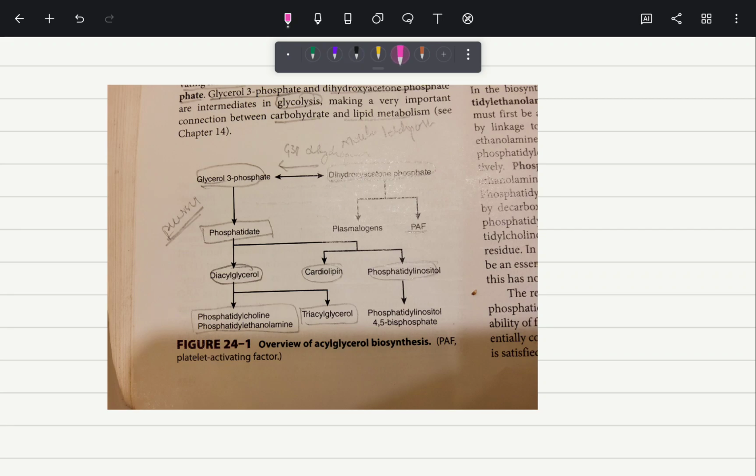In my previous video I talked about the overview of acylglycerol biosynthesis, and many of the students were having doubts regarding how glycerol 3 phosphate or the triose phosphate is formed, because from triose phosphate itself, if we do a series of acylations, we can eventually form the product which is your phosphatidate,